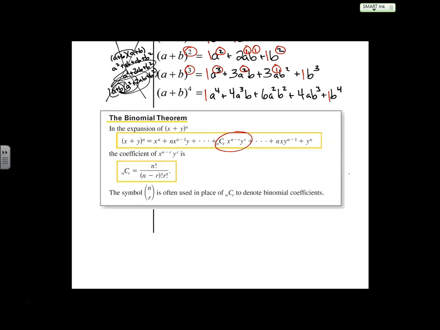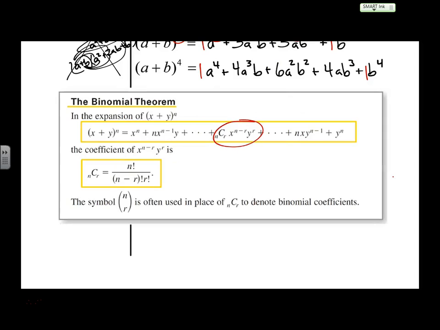But the key to the center is NCR, which in probability relates to combinations, which we're not talking about until the end of chapter 9 after our test on the beginning portion. But this little part right here relates to NCR. There is another notation for NCR that is actually also quite useful. But we're going to come back to this binomial theorem quite a few times because once again, it allows us to jump to a place